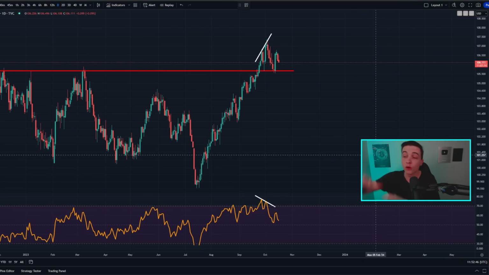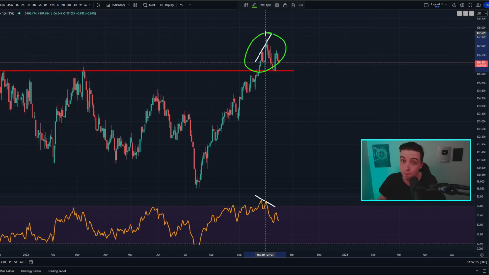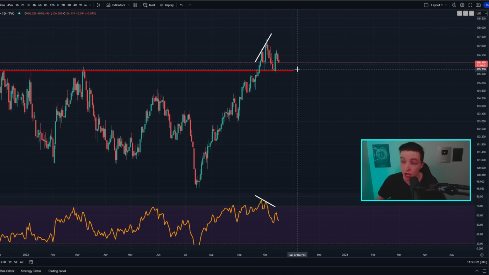First of all, taking a look at the US dollar index chart here on the daily time frame, as of recording this video, the US dollar index is actually playing out this previous bearish divergence pattern that I covered a little while ago here on the channel. Once again, a bearish divergence means we're due to see reduced bullish momentum, which usually plays out in the form of either choppy sideways price action, if not a pullback.